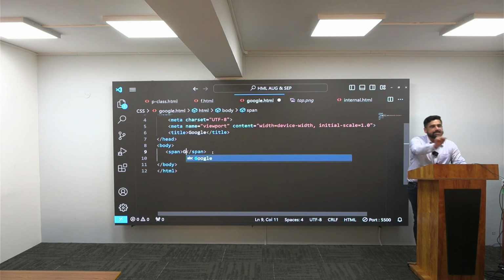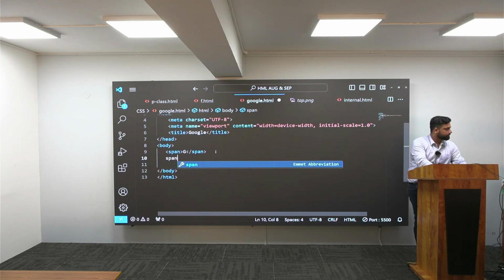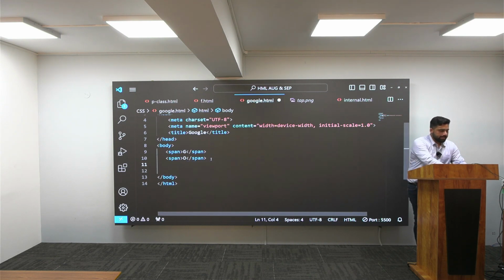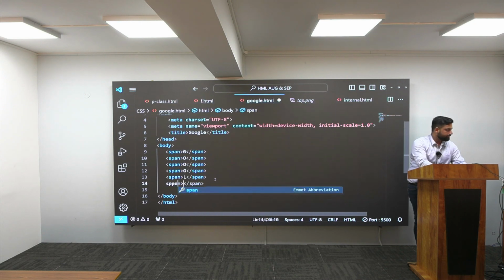So for the first character I will use G. Next I will use O. Next again I am using a span tag, again for O. Next again G. Next L. Next we have E.